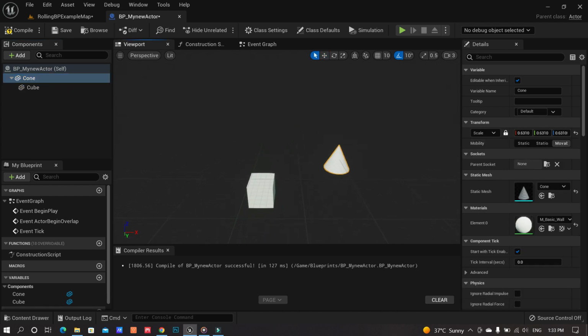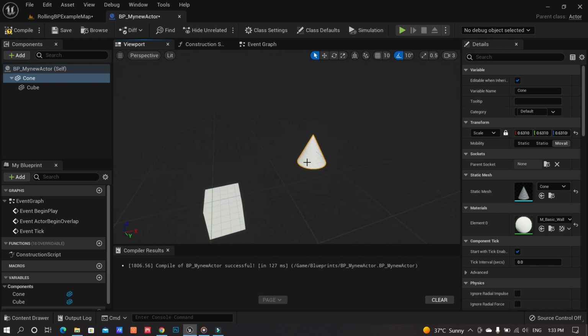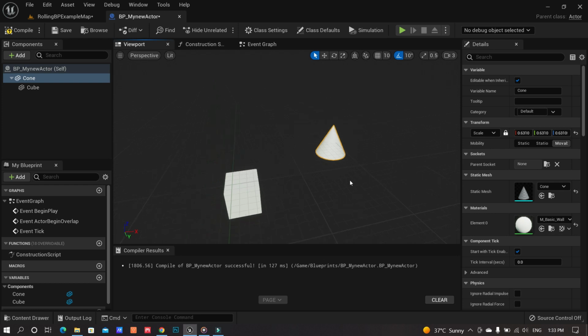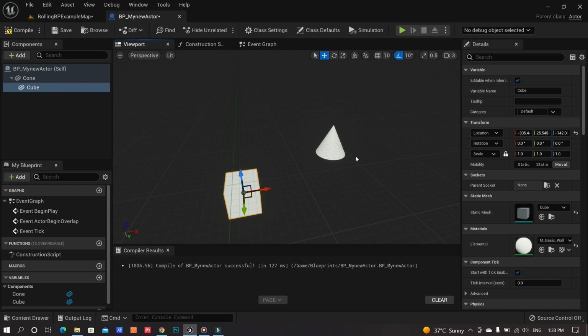Now you see that we don't have any default scene root available anywhere. Why? Because now the cone has become the default, that's the origin of your actor itself, and the cube remains the child of it. So no default root; the default root is now the cone itself.